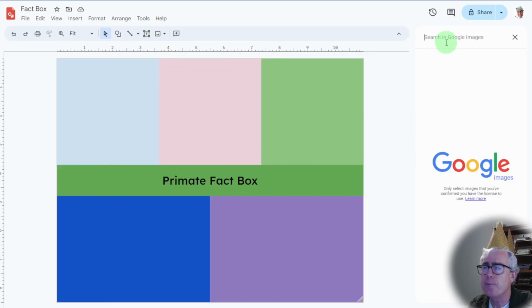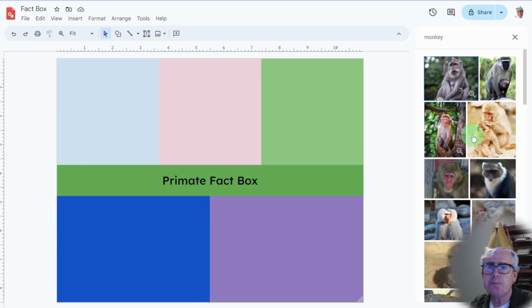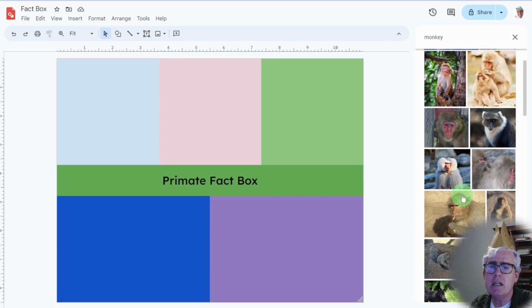Search the web. Now, I'm going to put a monkey up there because a monkey's a primate. Primates, by the way, are monkeys, apes, gorillas, other things besides monkeys, apes. They're weird ones. Mainly it's monkeys and apes. Now, if I just bring one of these monkeys over,